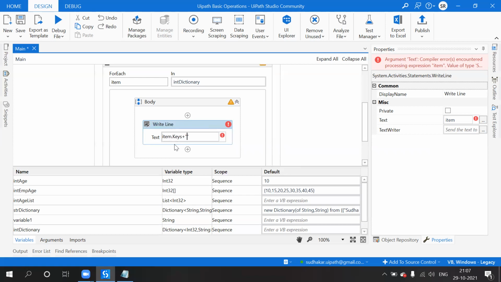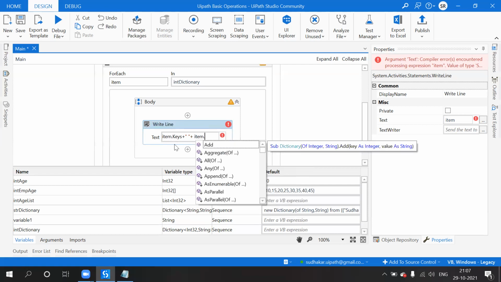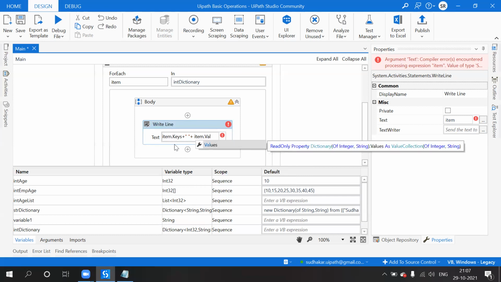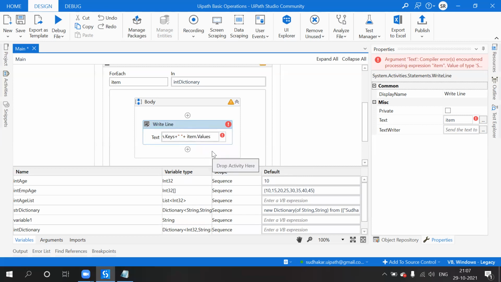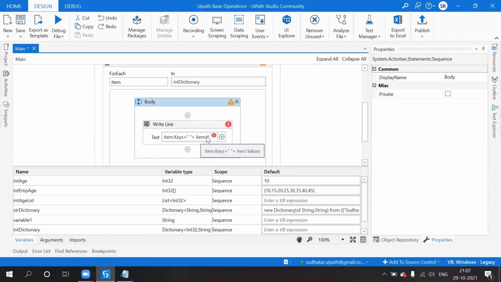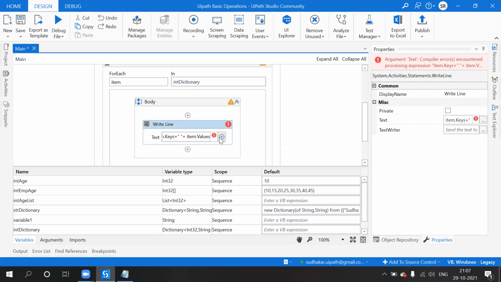And plus, give a space, plus item dot values. Okay, so we got keys and values. That's what the dictionary shows, key and value pairs. So here why are we getting an error?